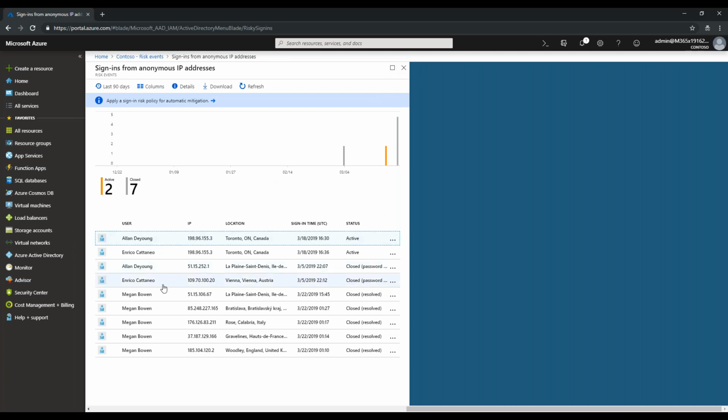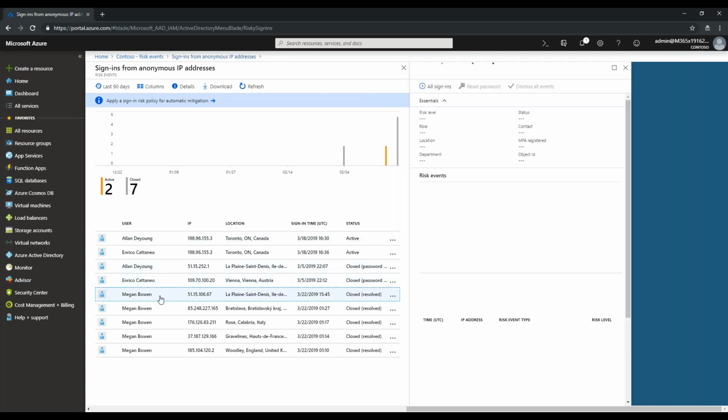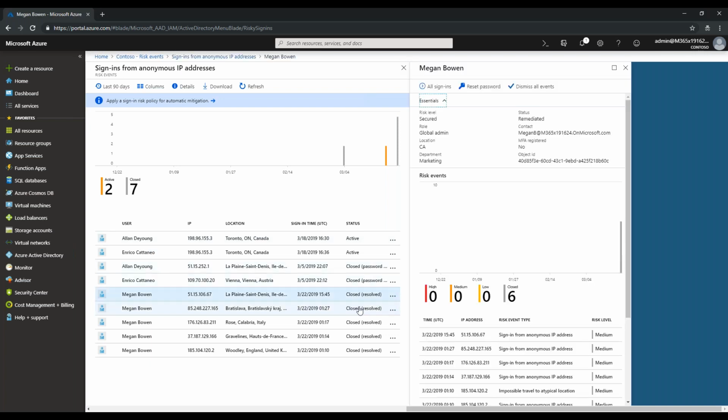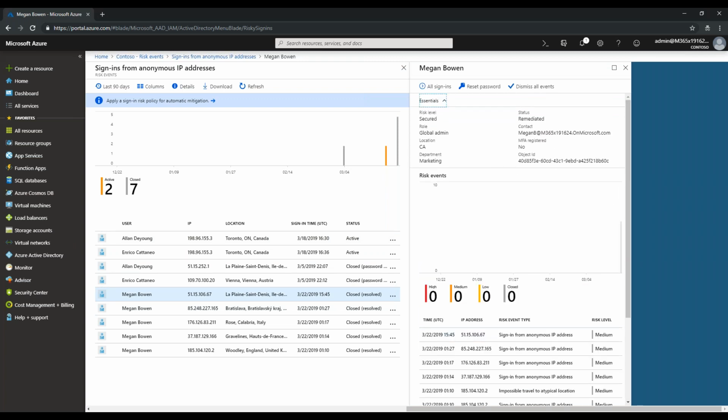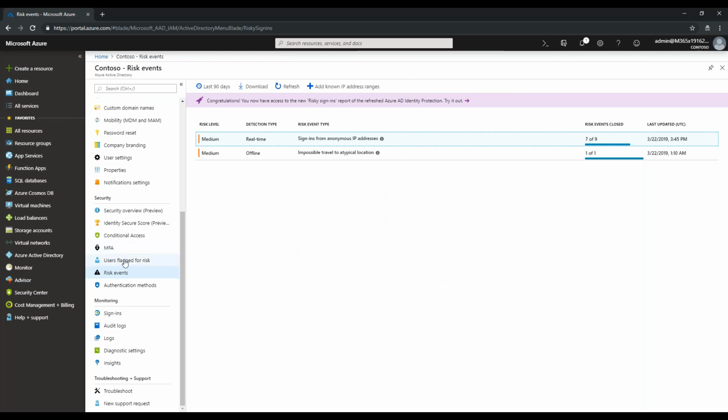This is where you can see the access, and then you can even drill further into that particular security event. What happened? What were the different events related to that particular user? And if you want, you can reset the password right from here, or you can dismiss the event if you know that they were the actual user who were trying to do something like penetration testing. So you can dismiss that event as well.